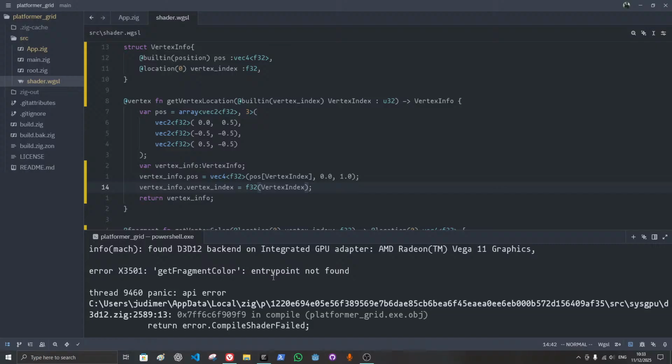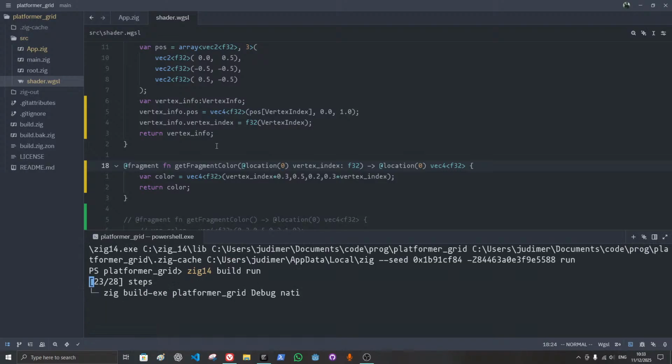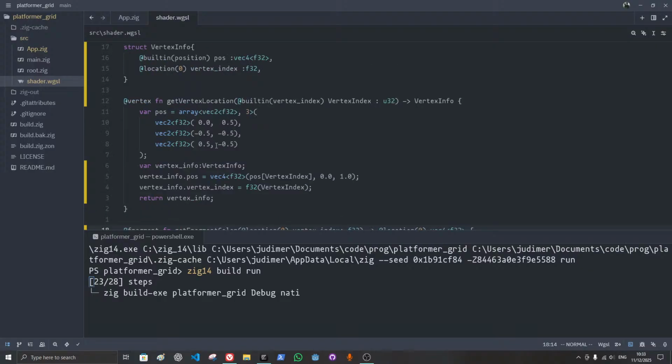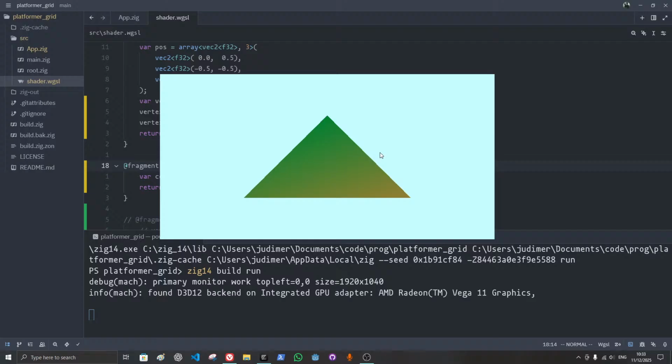Get fragment color entry point not found. Oh yeah, okay. This is fragment. Okay. So it works,